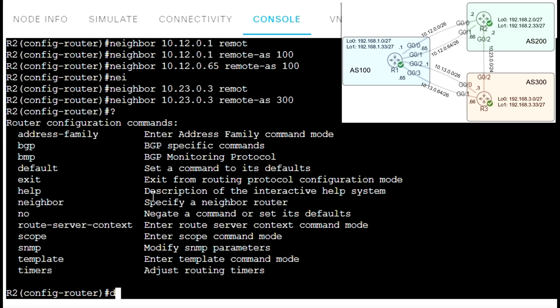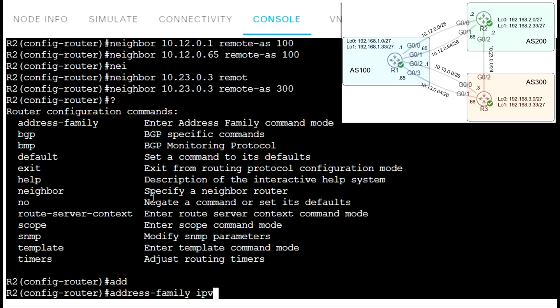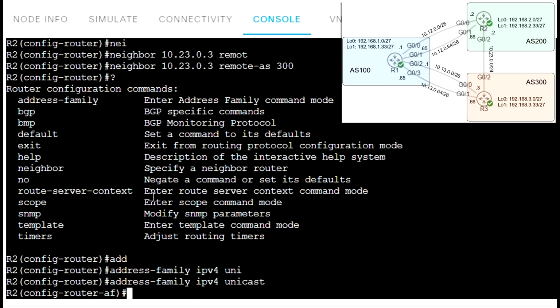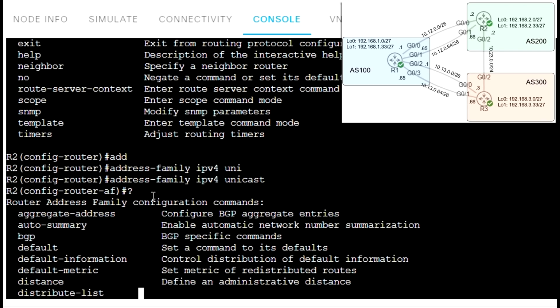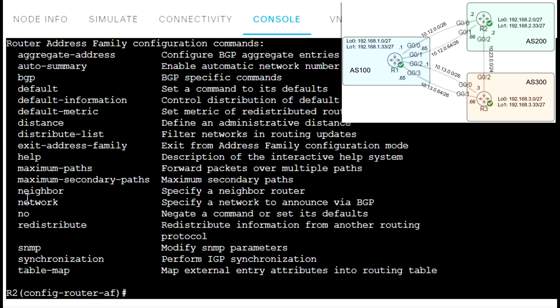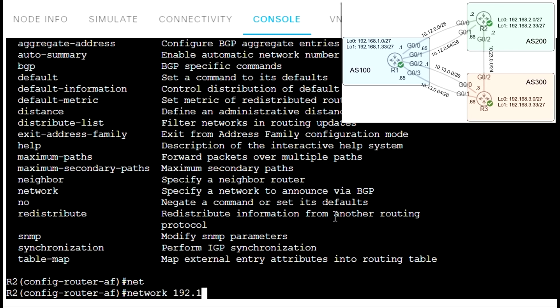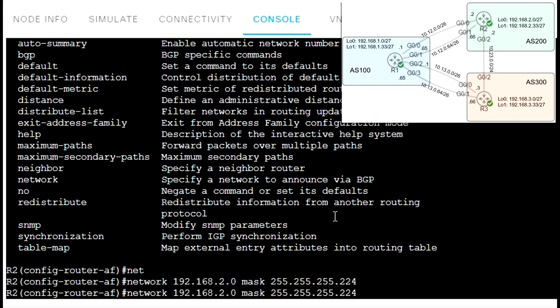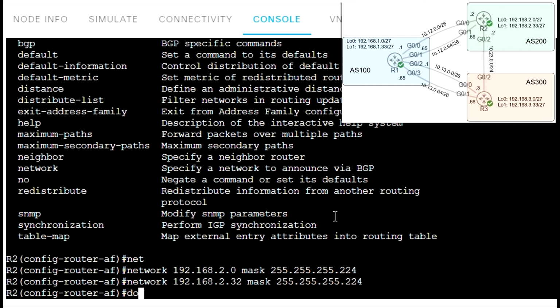So I need to go address family, IPv4 unicast, and here I have this option, network 192.168.2.0 mask 255.255.255.224, and second one /32. Okay, do show